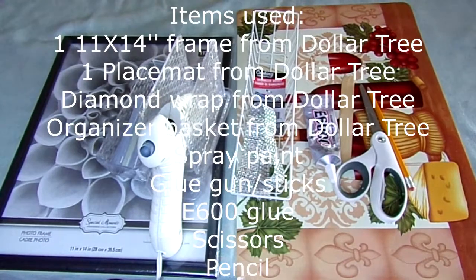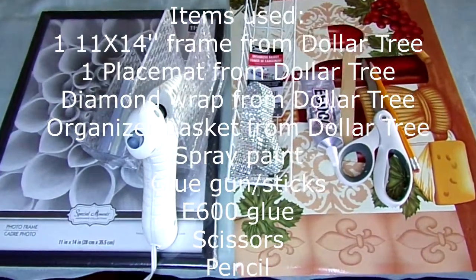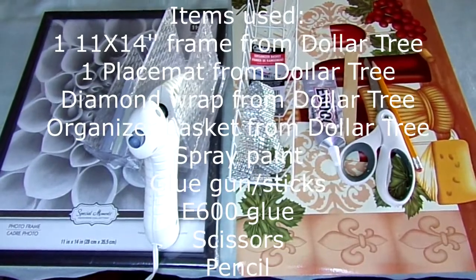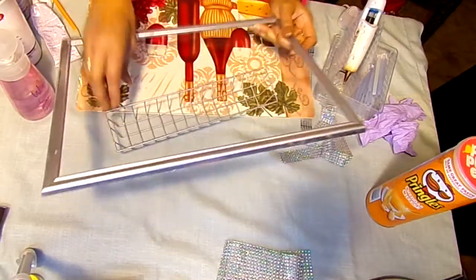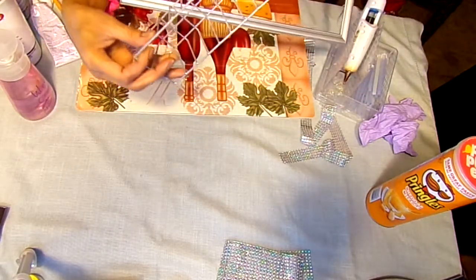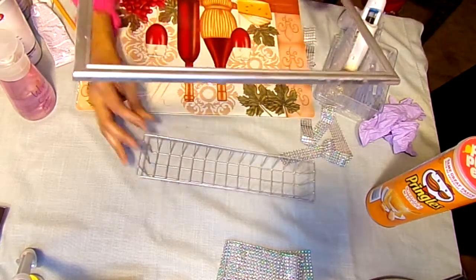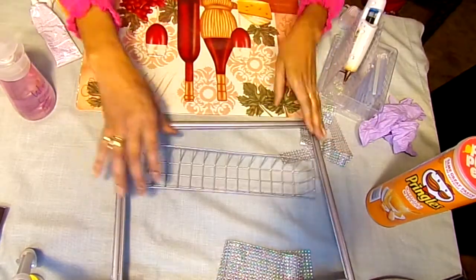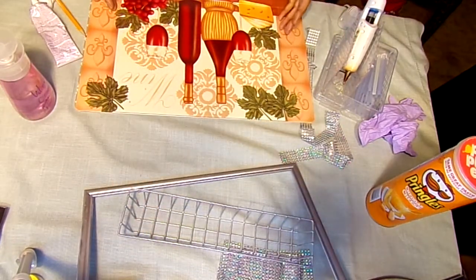Wall art for my kitchen. And I'm going to be using these items that I purchased from the Dollar Tree. Now I've spray painted the frame, and I also painted this little organizer bin. And then, okay, so the next thing that I'm going to do is I'm going to take